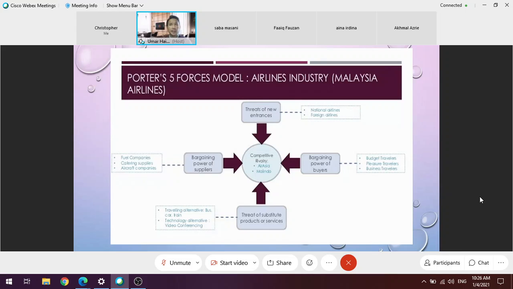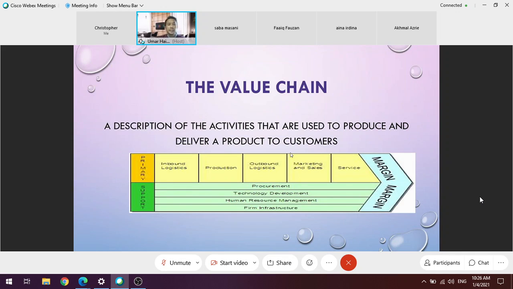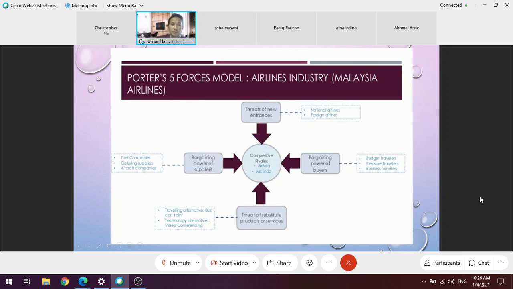And then catering supply, for example, those who receive this kind of supply for Malaysian Airlines definitely become rich. For example, Brahim, which is the food packaging company. So they are actually the main suppliers for Malaysian Airlines, a Malaysian company, and the fuel company as well. Normally Malaysian Airlines will have a collaboration with Petronas. So this is another aspect after we already discussed the five forces model.